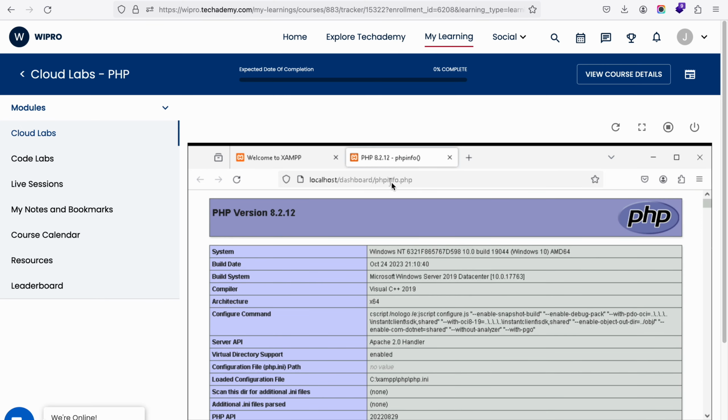So within that you see a file written dashboard phpinfo.php. So if you see this file,